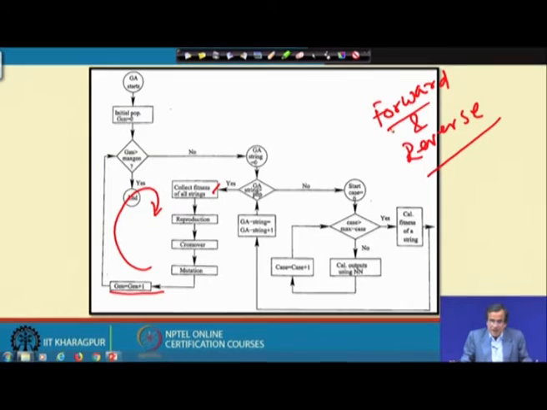Now, this method has a few drawbacks, I should say. One drawback I have already mentioned. For example, if I use the binary coded GA and if it involves a large number of variables, it is going to suffer from the permutation problem, which I have already discussed in detail. That is why, as I told, we switch over to the real coded GA, and with the help of this real coded GA, there is a possibility that we will be able to evolve that network.